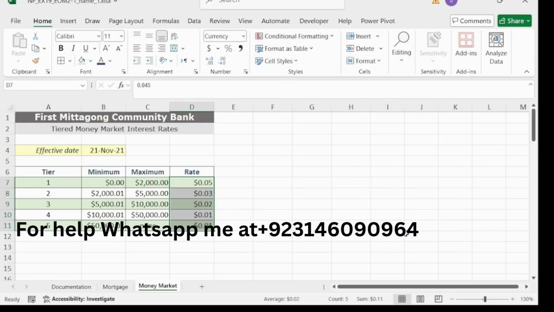So we have completed our 14th step here, and then repeat for the range D7 to D11, number format.